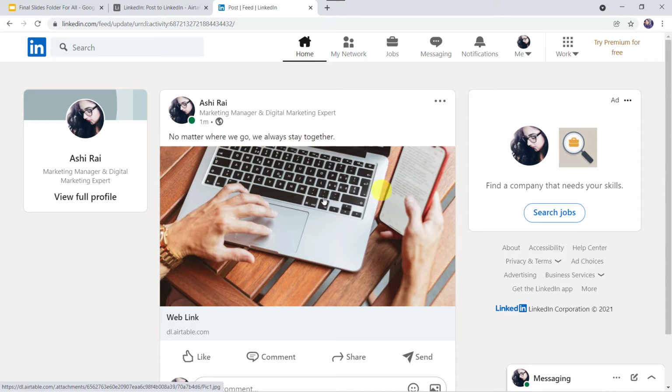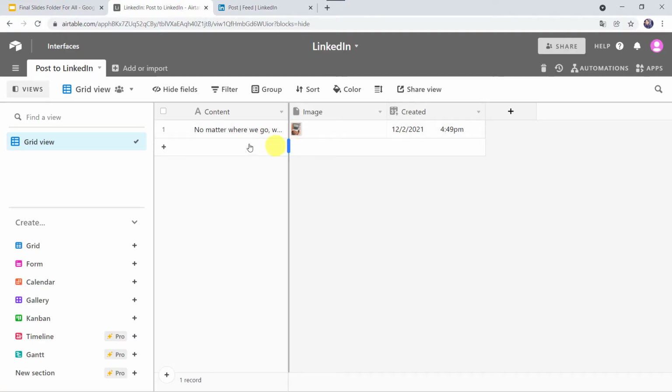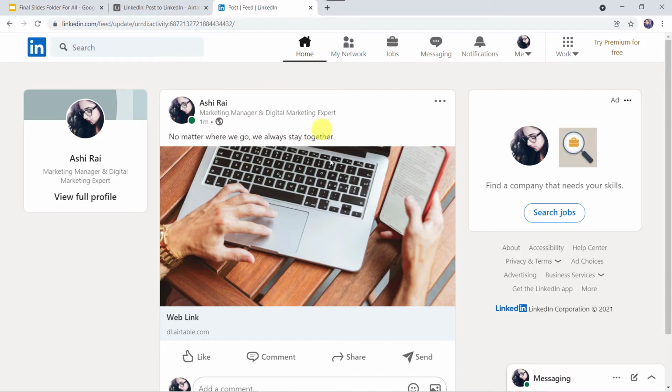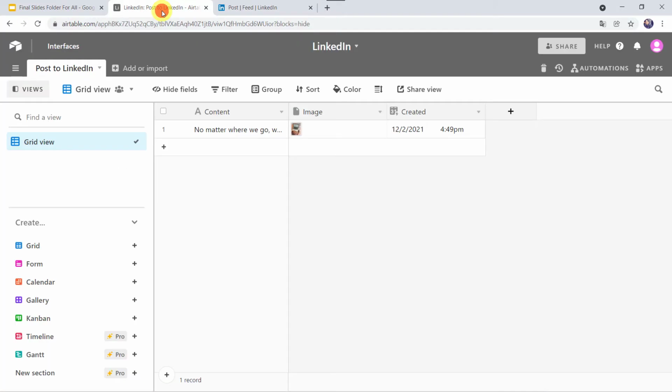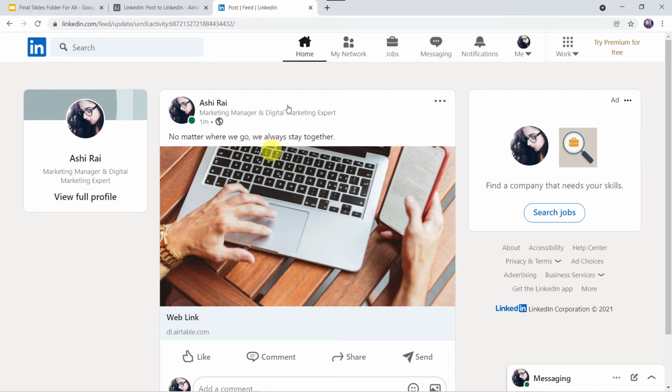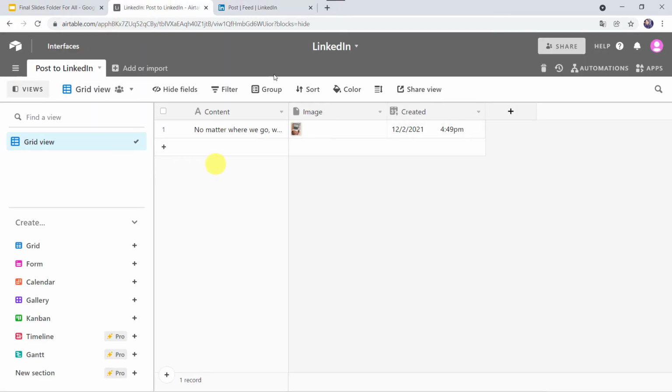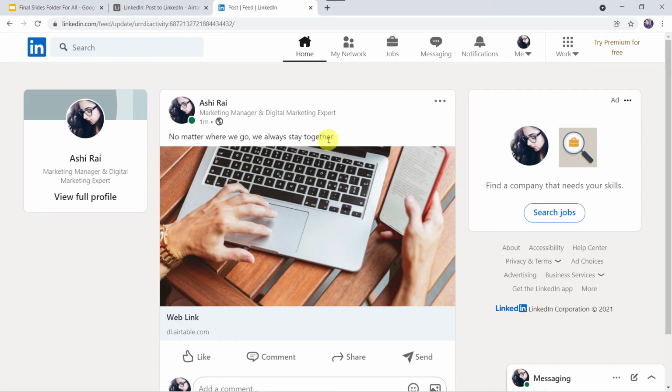Now here you might be wondering that I just created a record in my Airtable account over here and automatically the same record is posted here in my LinkedIn account also. So how did I manage to do this? So let me tell you. First, I have created a connection between my Airtable account and Pabbly Connect. After that, Pabbly Connect has captured all the record details and the same record details were sent to the LinkedIn account to create a post over here. So in this way, we are going to learn how to create an integration between Airtable and LinkedIn using Pabbly Connect. So let us learn the integration process now.